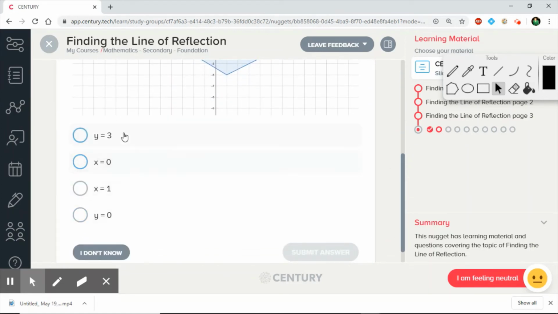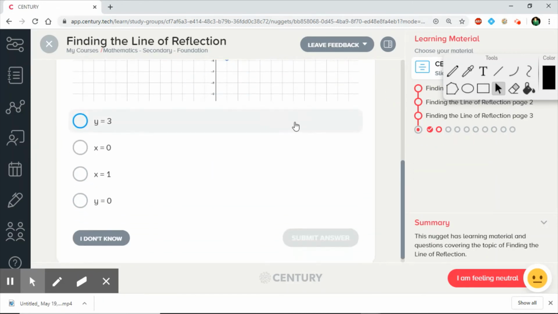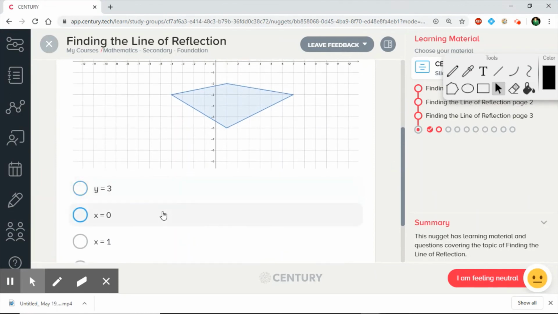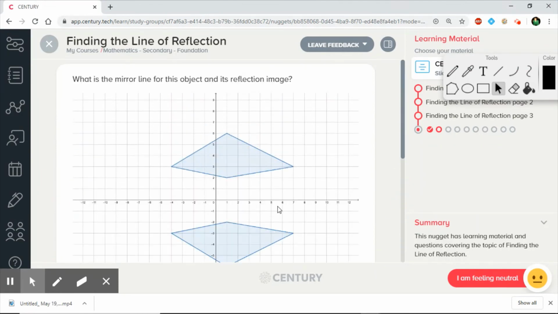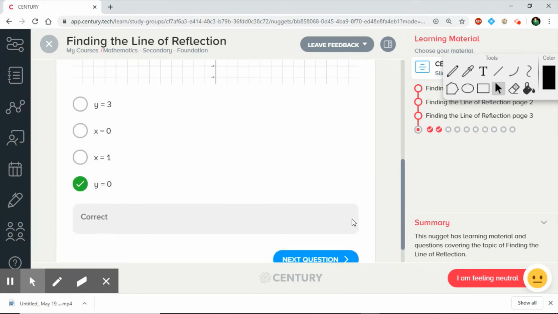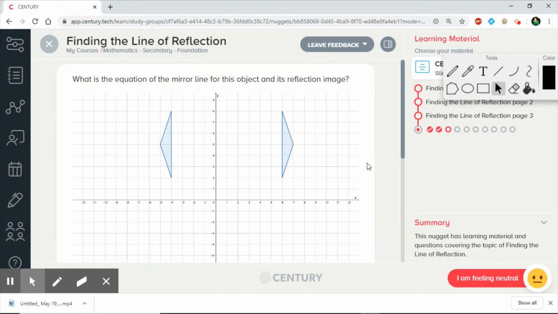Okay, so this is interesting now. We're not given the x-axis as an option. So we're thinking to ourselves, let's have a look at this line. This is a horizontal line that cuts through the y-axis at 0. So this is the line y equals 0. Which, if I scroll down properly, I'll be able to see here. Okay,